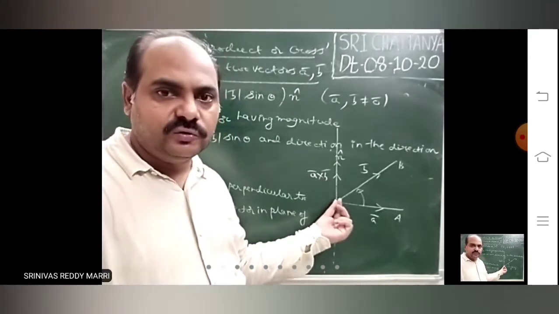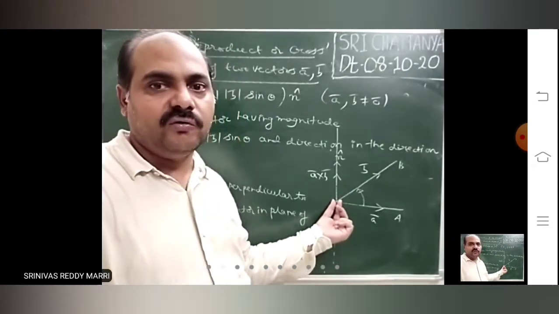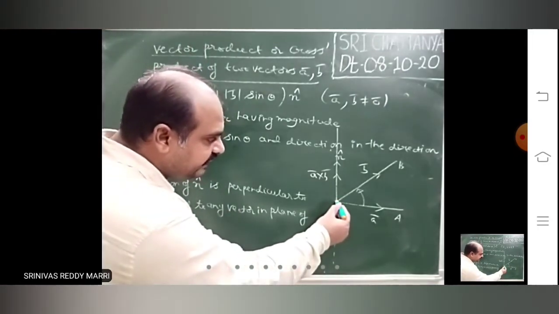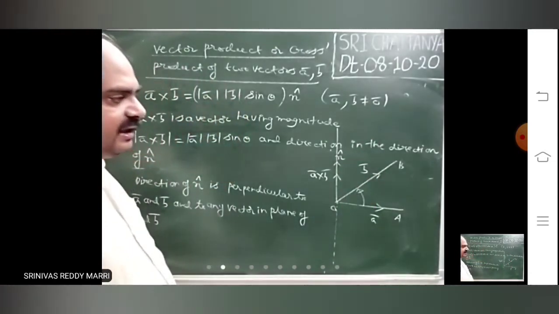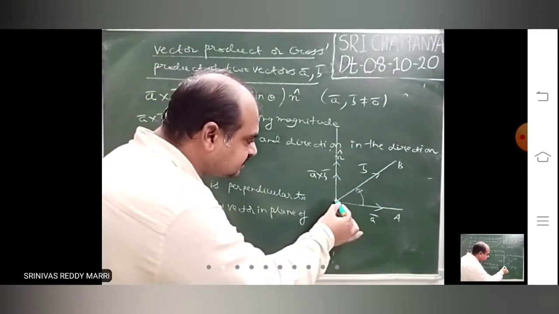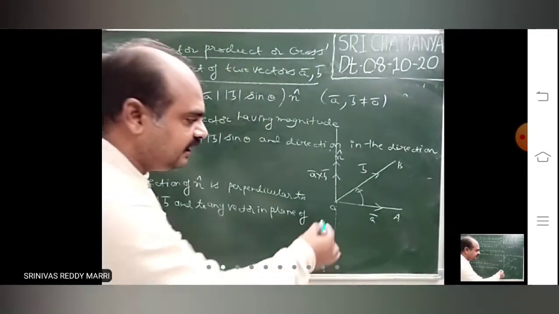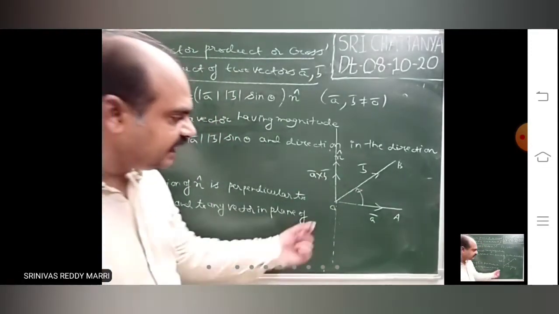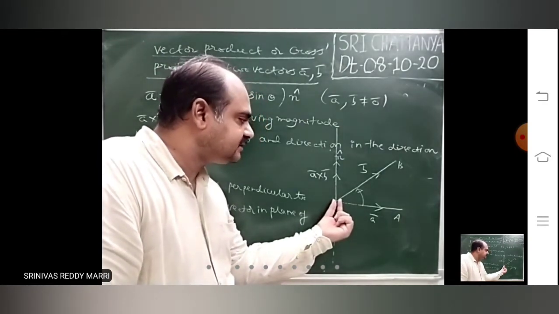That means a screw, S-C-R-E-W. A screw is there. Let us assume that it is fixed at O. So now that screw fixed, we will rotate that screw from A bar to B bar. A bar to B bar is what? Anti-clockwise direction. That screw, if you rotate in anti-clockwise direction, that is from A bar to B bar, the direction in which the screw moves is nothing but direction of n cap. That means if screw is fixed, if you rotate in the anti-clockwise direction, the screw will come up.